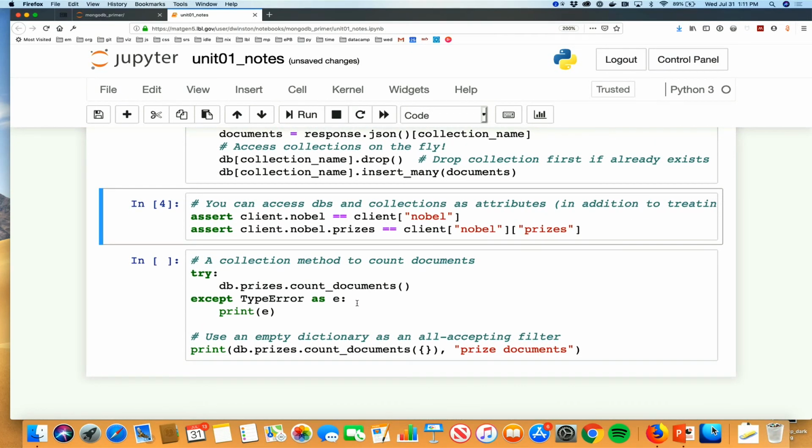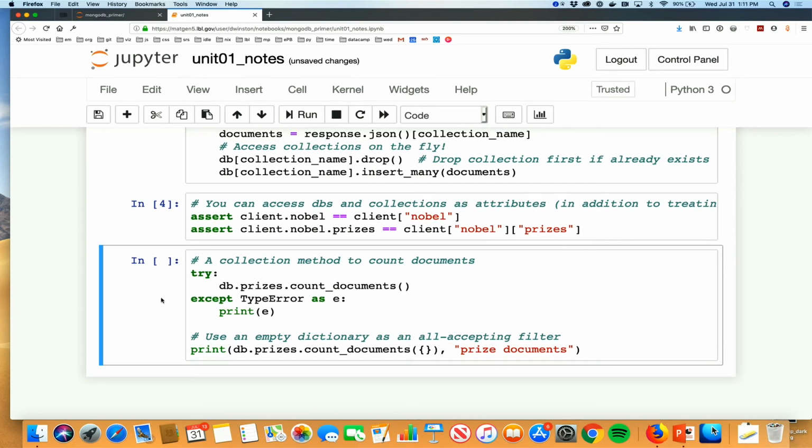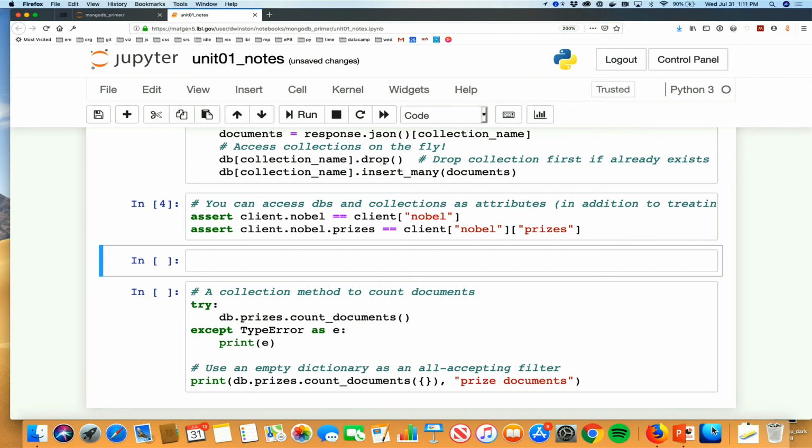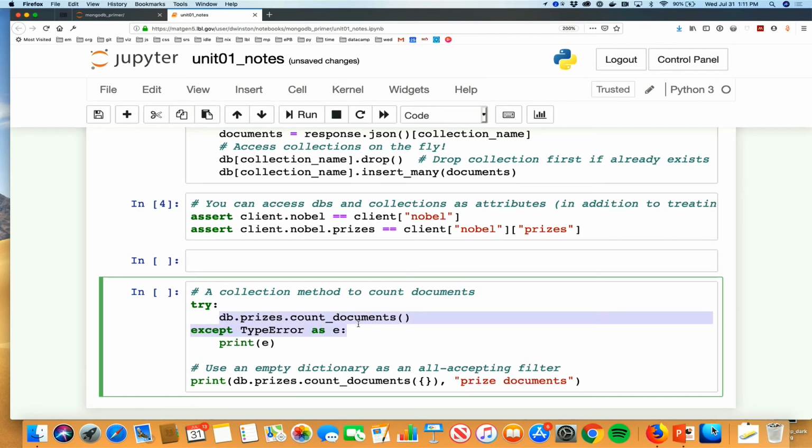The last thing I want to go over before we get right into an exercise is a collection method to count the documents. I've already sort of wrapped this up, but I'll hit this, and there are various keyboard shortcuts. I'm going to type A in order to insert an empty cell above and hit enter to go into it. And I'm just going to go ahead and try and execute this line